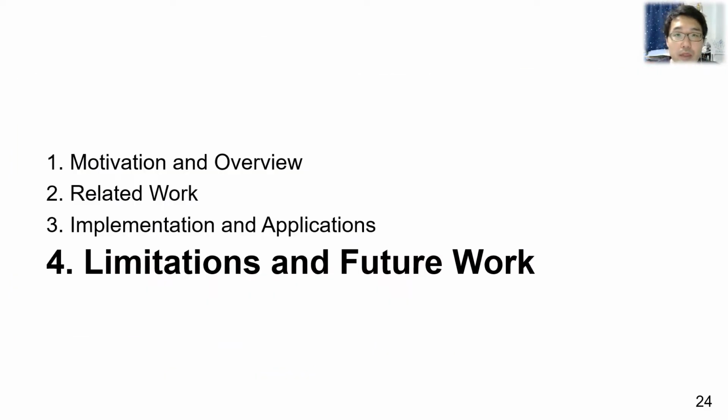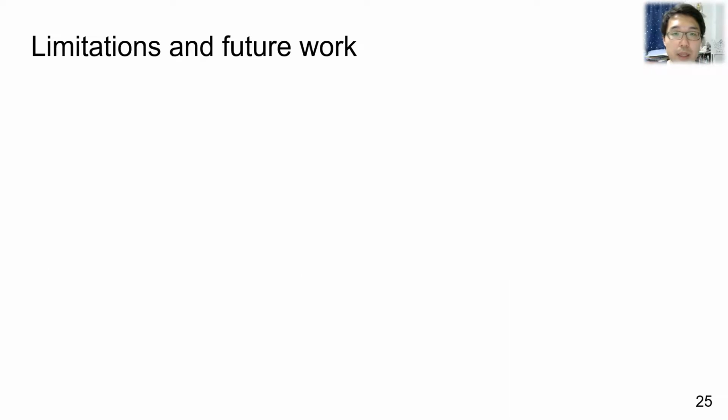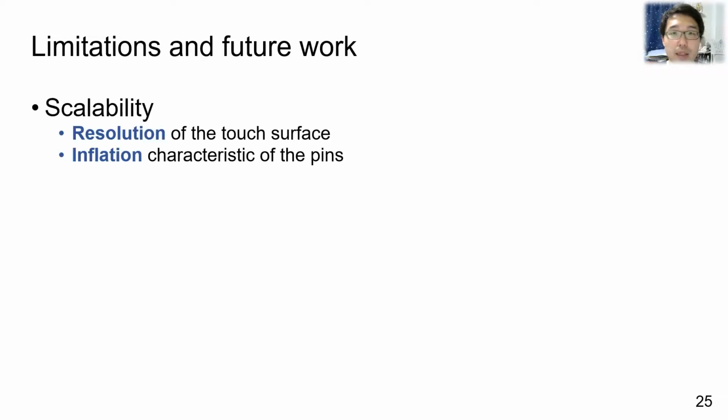Finally, I will discuss the limitations and future work. First one is the scalability of the system. As you can see, the size of the main module is pretty bulky compared to other modular blocks such as Lego. The scalability is limited by both the resolution of the touch surface and the inflation characteristic of the pins. To realize this system at a smaller scale, we need a way to fit the resolution into the scale